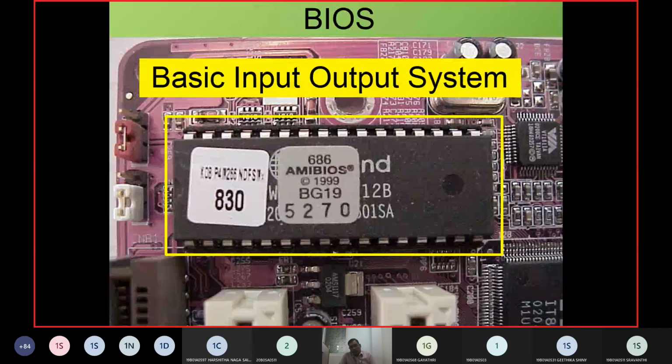Fine. This is a very, very interesting part, and we call it the basic input output system. I will switch off my mobile phone. Tomorrow morning, I will switch on my mobile phone. Today is the 29th, but tomorrow I will get the date 30th, and now it is some 11:15. Maybe tomorrow it shows 11:20 or so. How is it possible?